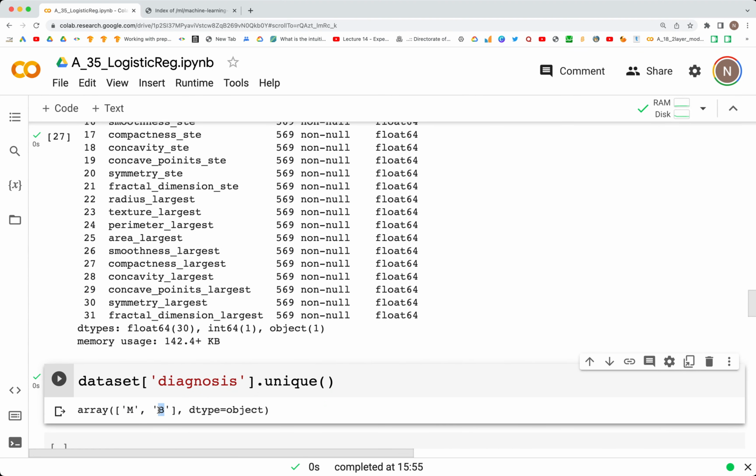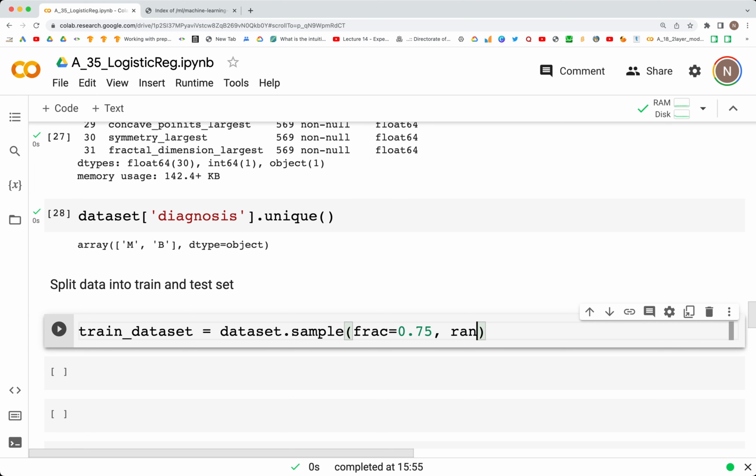Next, we can also create a train data set, so we can split this into train and test set. Let's create a heading here: split data set into train and test set. For that, train_data_set is equal to data_set.sample, fraction is equal to 0.75. That fraction is going to go in the train set. random_state is equal to 1, and so we can print length